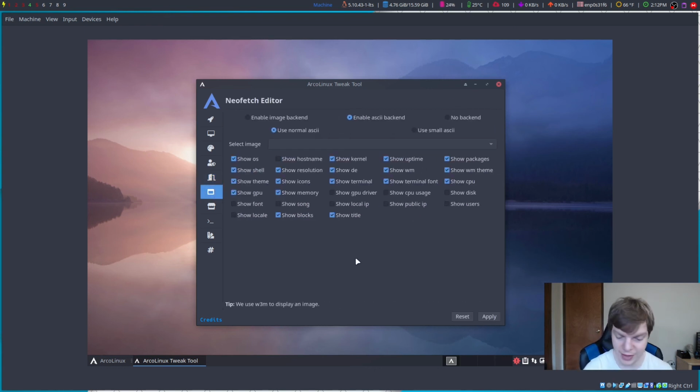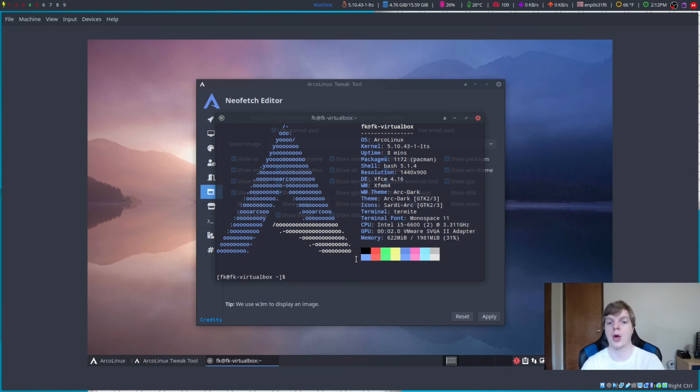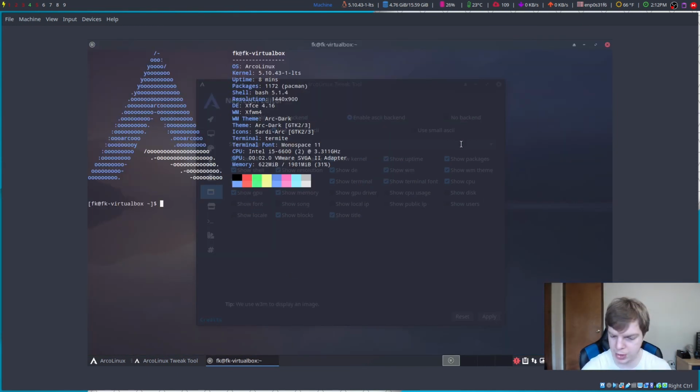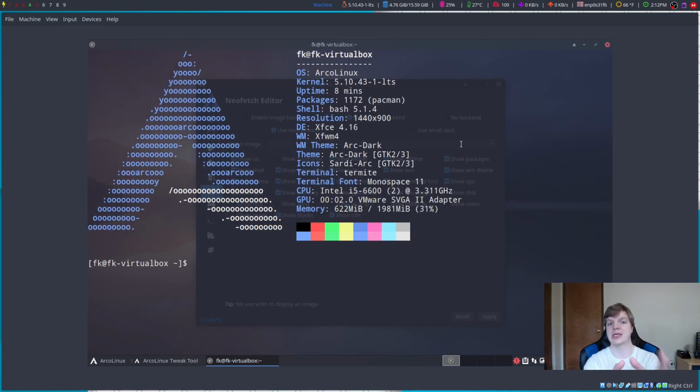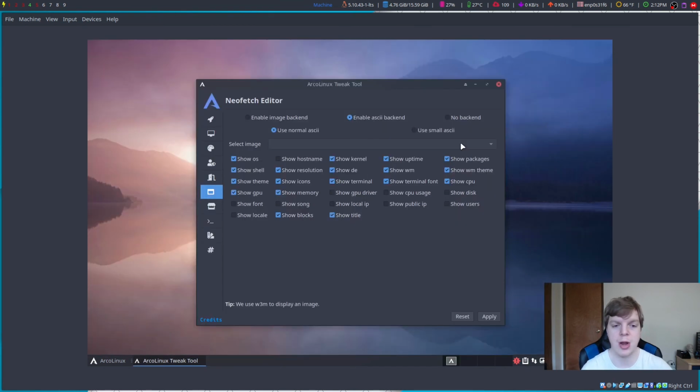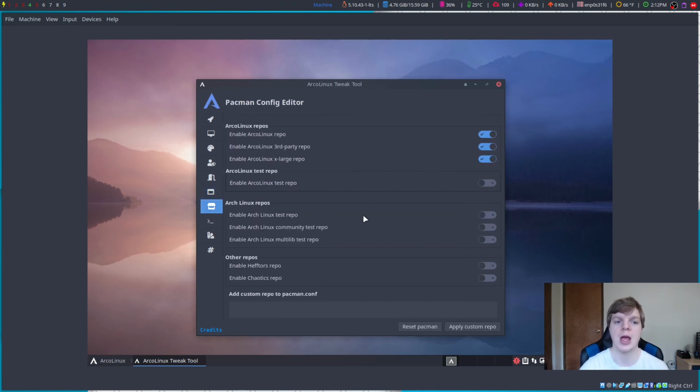NeoFetch. So what NeoFetch does when you launch up a terminal and this comes up, here, let me zoom in for you so you can actually see it properly. This is NeoFetch. It shows you the various information about your computer, and here it allows you to actually select what is and isn't showing, so that's pretty cool. Pacman config, so this is Arch's official repository that you use to download various applications, so you can change settings